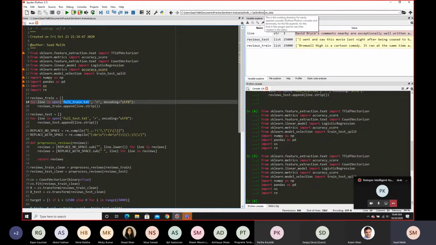If this is pointing somewhere else, then you'll need to either go into that directory if it's in a parent directory, or you'll have to specify the entire directory of fulltrain.txt. So the easiest way is to make sure that this directory is the directory where fulltrain.txt is stored. So then you can just import this directly.